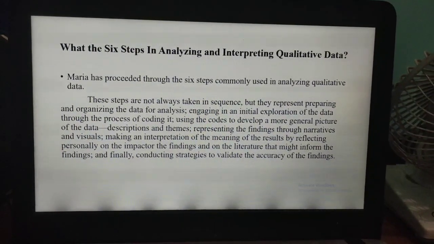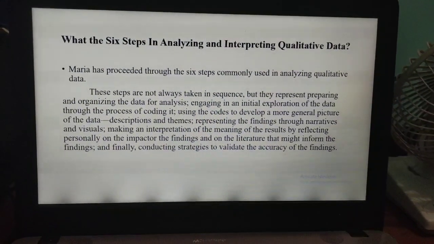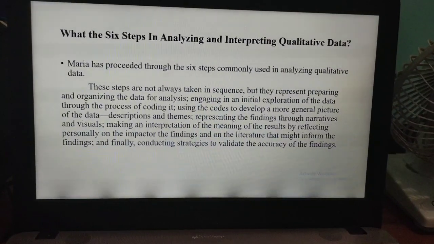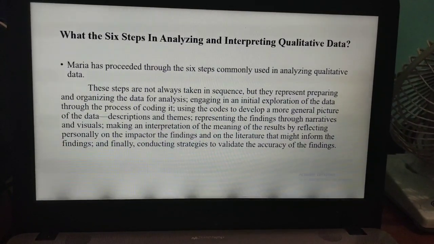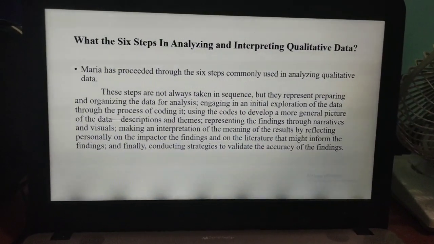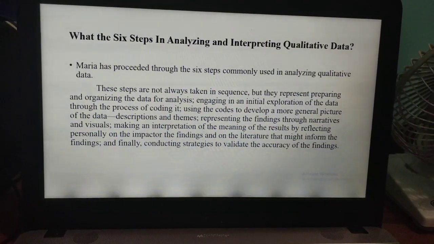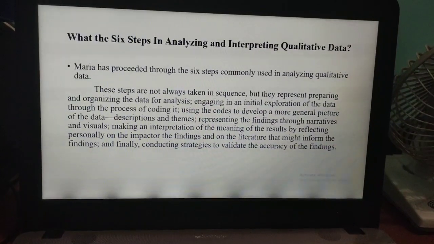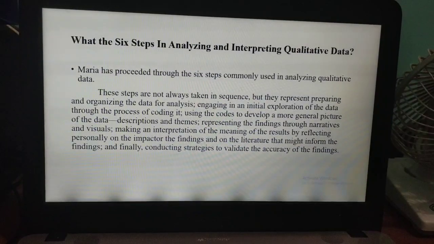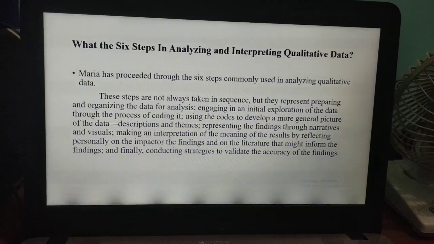Next slide is the six steps in analyzing and interpreting qualitative data. Maria has processed through the six steps commonly used in analyzing qualitative data. These steps are not always taken in sequence, but they represent preparing and organizing the data for analysis,